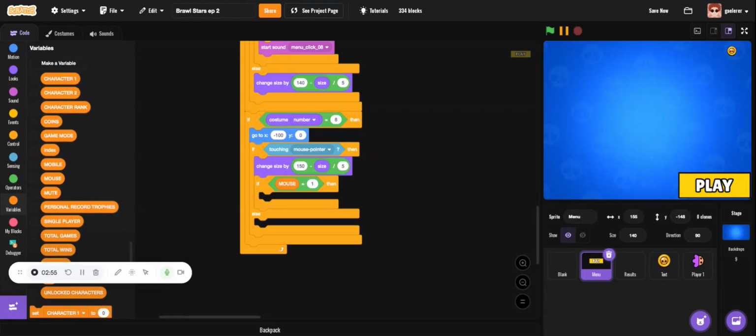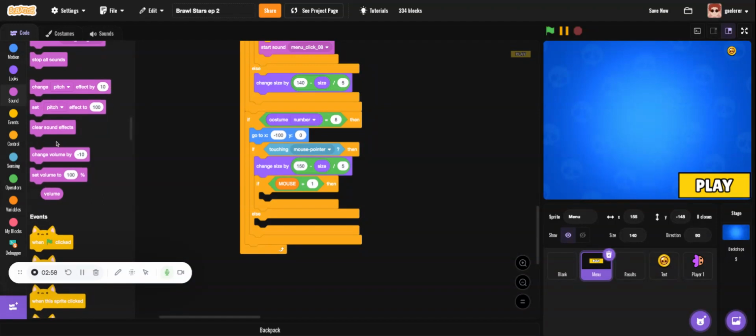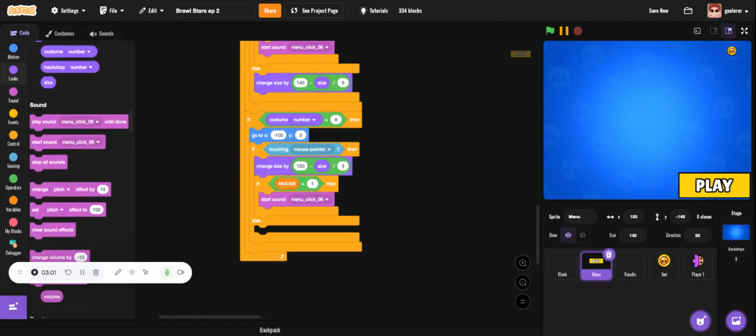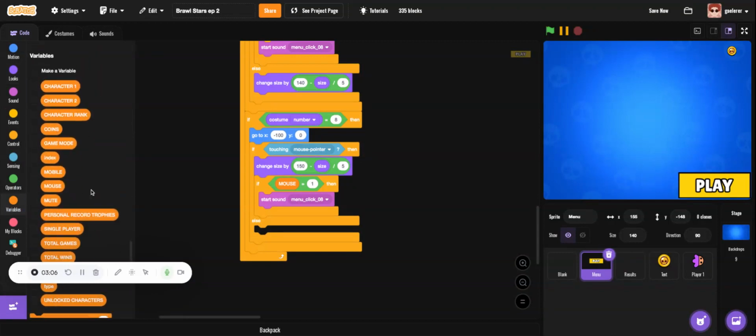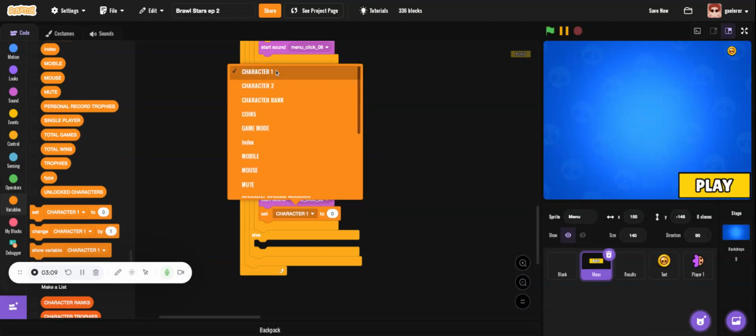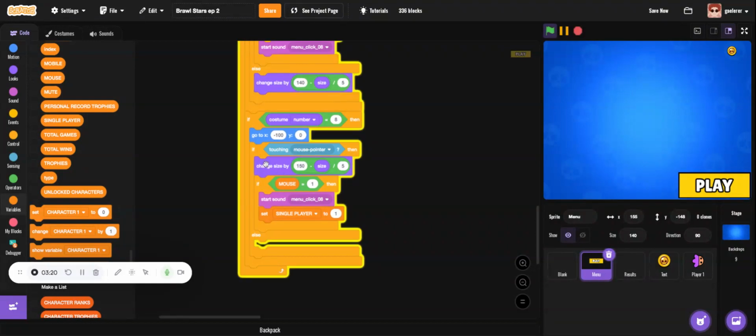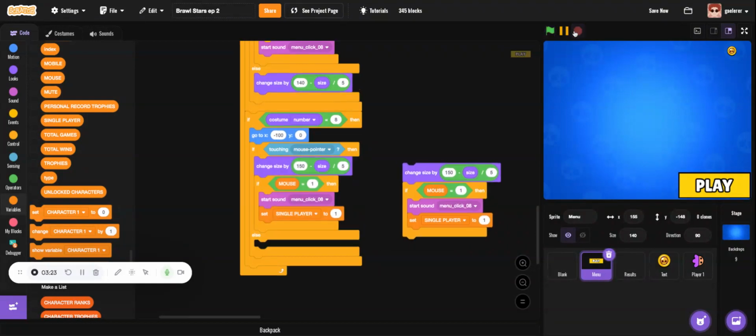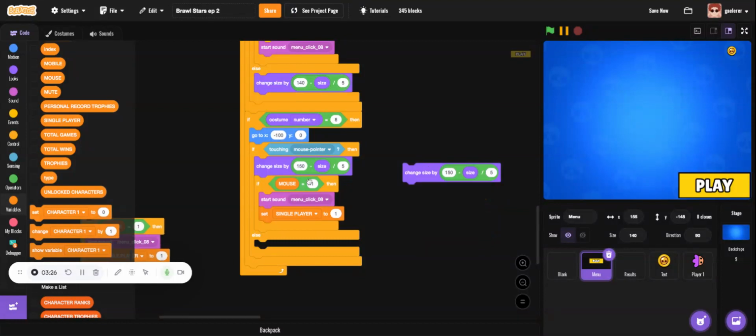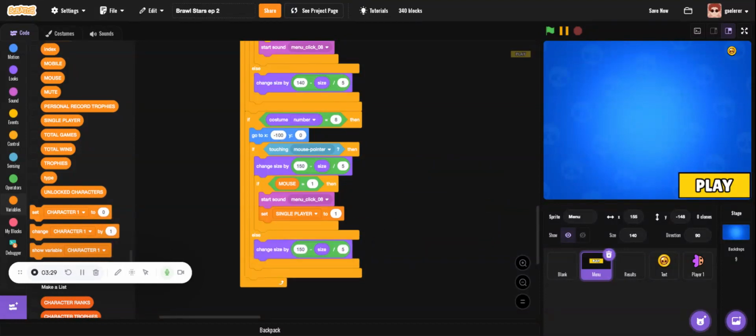okay, start sound menu click 8 and set single player to 1. Okay. And in the else, duplicate. Change size by 140 minus size divided by 5